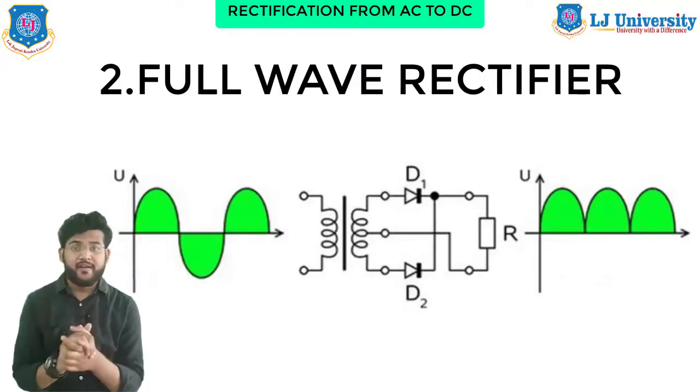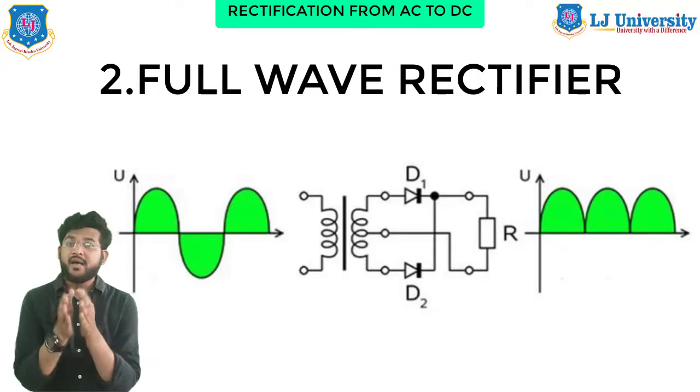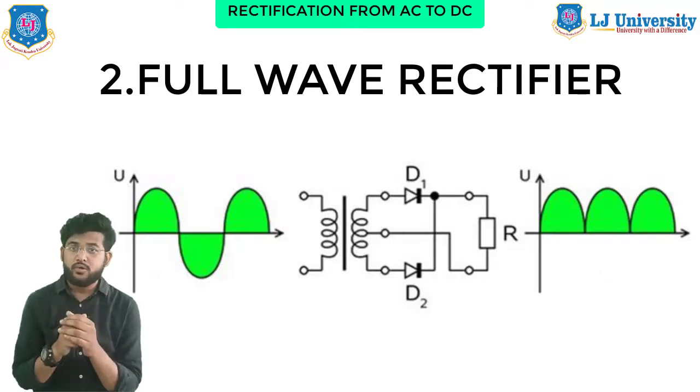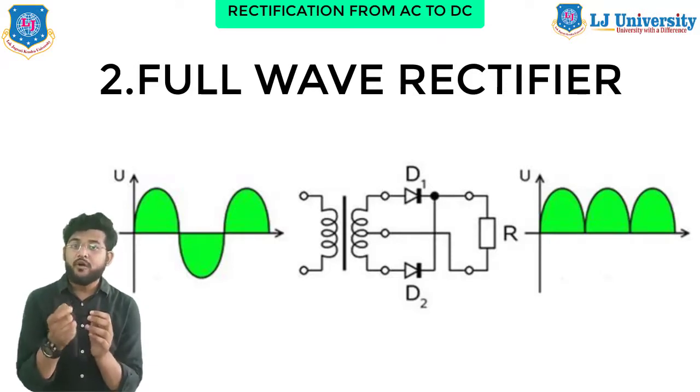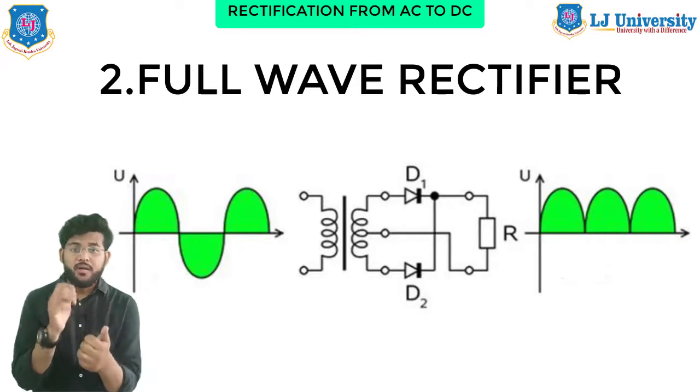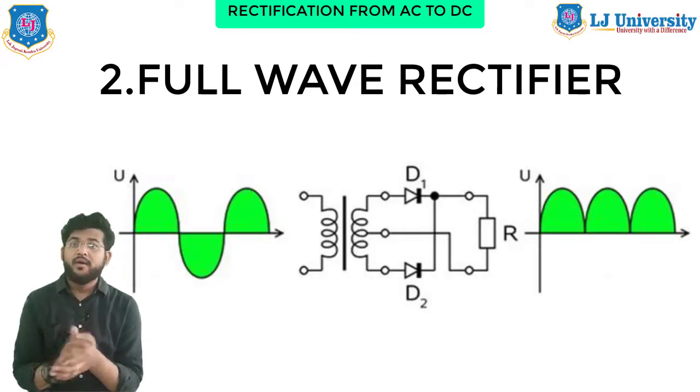Next is full wave rectification. So what is that? Now there are many ways to achieve this. One uses two diodes, just like this, which is shown here. In the positive half of the input one diode operates and the other is redundant, and in the negative half the other diode operates and the former one will stay redundant. The one which was conducting in the first half will now be redundant. So this way the full wave will work.